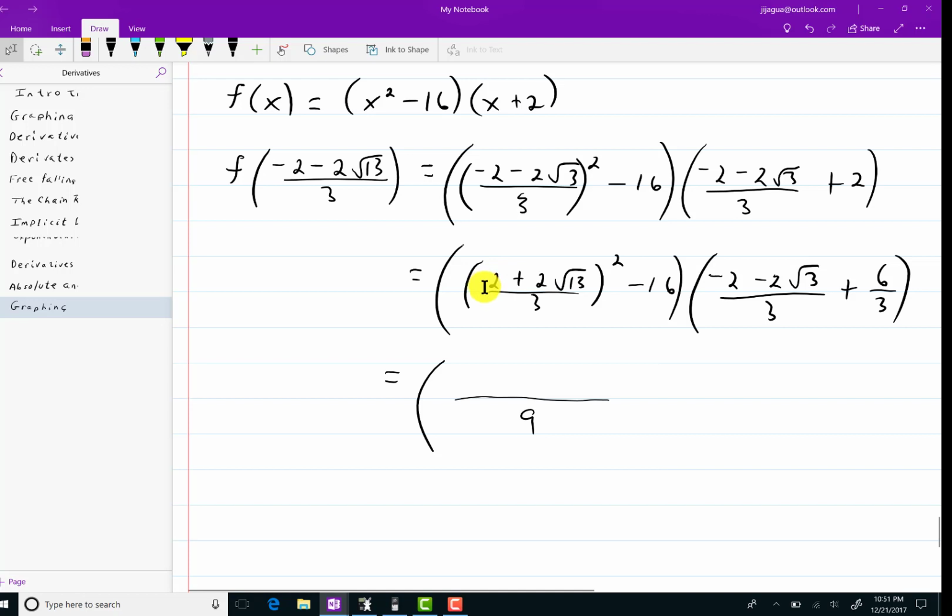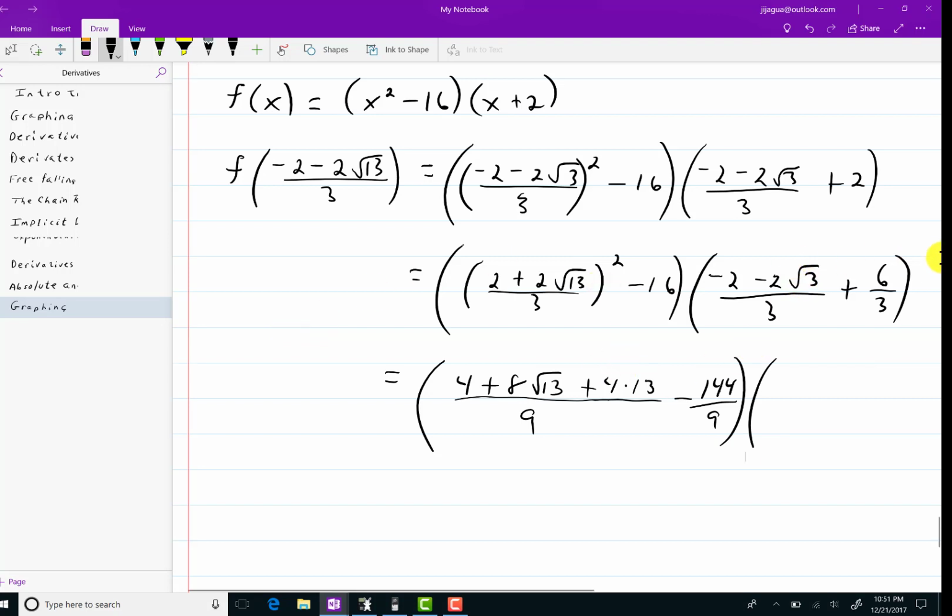Now do your FOIL method. You know that you're going to have 2 times itself will be 4. Then you're going to have 2 times this times this, so you're going to have 2 times 4. 2 times 4 will be 8 radical 13. And then finally, you're going to have this thing times itself, so that'll be 4 times 13. And now that I think about it, negative 16 is 144 over 9. On the other piece,